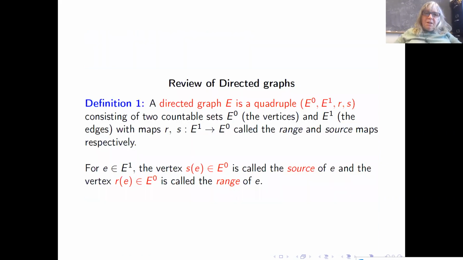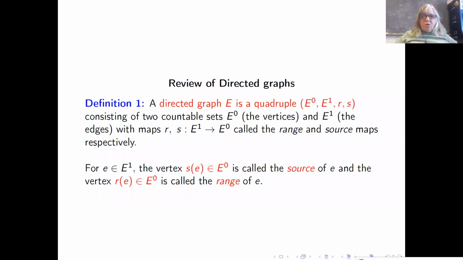So first I'm going to talk about directed graphs. Actually, our construction works for higher rank graphs, where you have multicolored edges, but I don't want to do that in this particular talk. It takes a while. And then I'll talk about the C-star algebras that come from these graphs. And then I'll talk about the wavelets that you can obtain once you make a particular representation of the graph C-star algebra. So by directed graph, I mean a quadruple E, with E0 being the vertices, E1 the edges, and